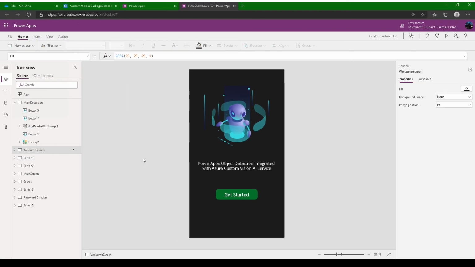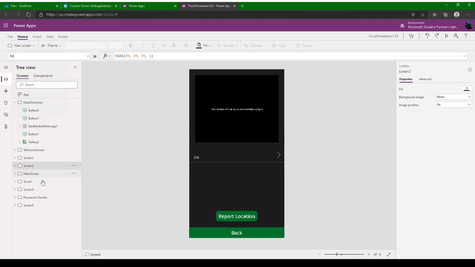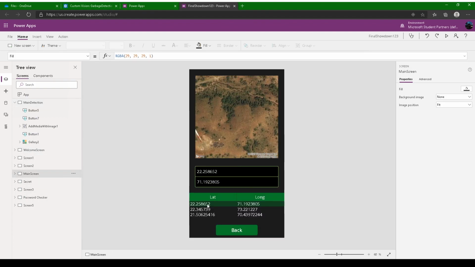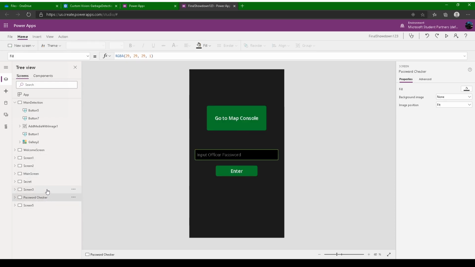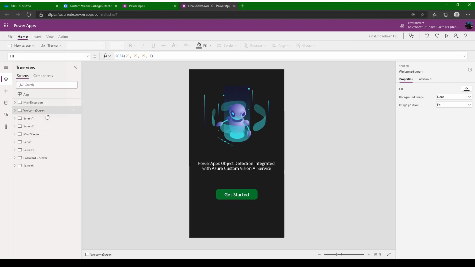Hello, welcome back. So now you have seen how my mobile works. I just use this screen to detect and everything. There you can see the latitudes and longitudes and everything. So yes, this was the basic demo I wanted to show, and the main motto was to motivate people to build more Power Apps. And this platform actually shows how easy it is to create a Power App.